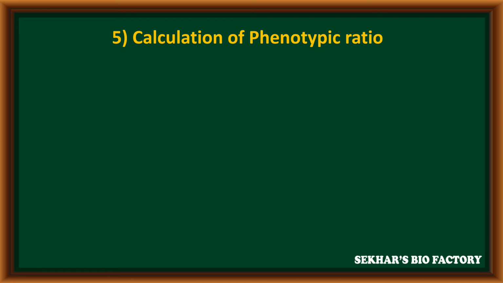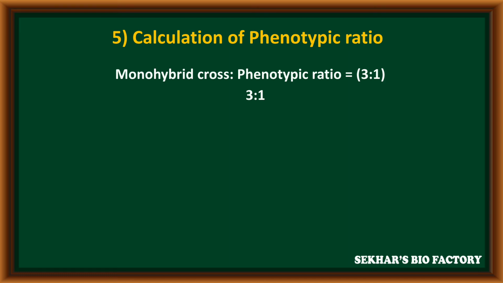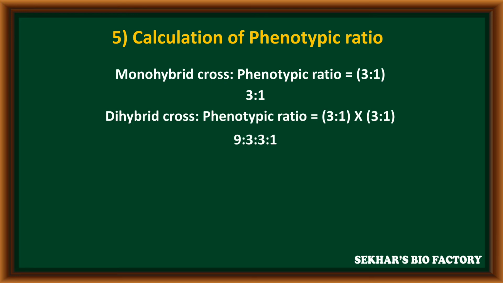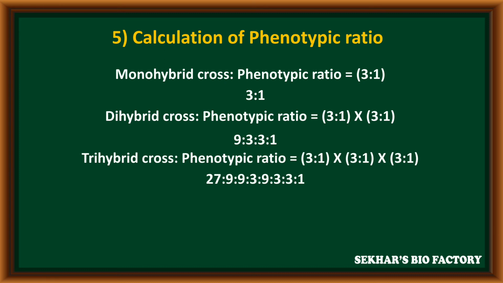The fifth formula to calculate the phenotypic ratio. Monohybrid cross experiment in F2 generation, the phenotypic ratio is equal to 3:1. In dihybrid cross experiment, to know the phenotypic ratio of F2 generation, we can calculate it is 3:1 into 3:1 is equal to 9:3:3:1. In trihybrid cross experiment, to know the phenotypic ratio of F2 generation, the formula is